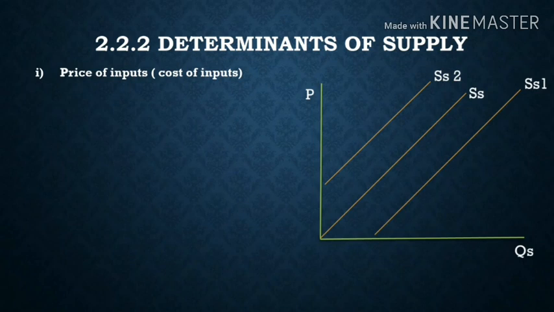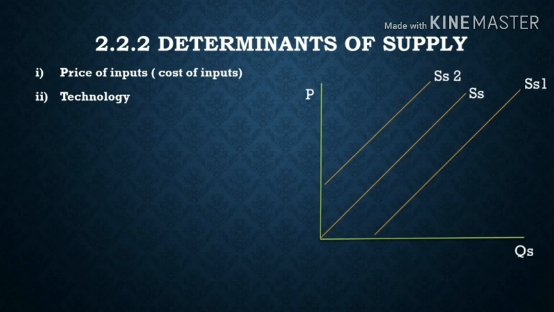ኦኬ, the other thing is በሌላ ወይም በተቃራኒው ደግሞ if the price of inputs increase ቢያደርግስ? እናንተ የምትጠቀሙባቸው ኢንፑቶች ዋጋ ቢጨምር, it means that your purchasing power to purchase inputs will decrease ማለት ነው። ኢንፑቶችን የመግዛት አቅማችሁ ይወርዳል። ስለዚህ you will buy less inputs, so less inputs means less output ነው የሚሆነው። ስለዚህ less output means that less supply ይሆናል ማለት ነው። So ከኤስኤስ ወደ ኤስኤስ2 ነው ሺፍቱ የሚሆነው ማለት።